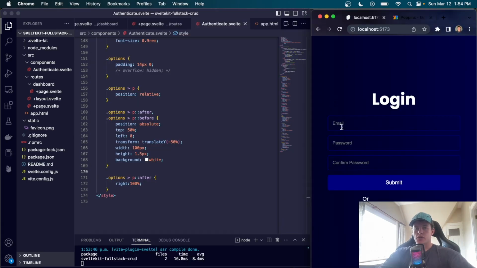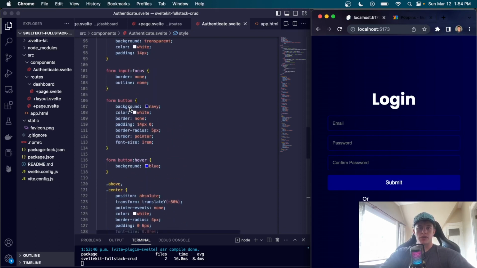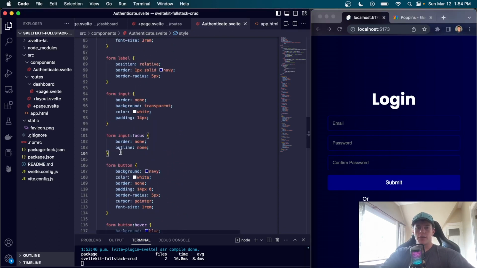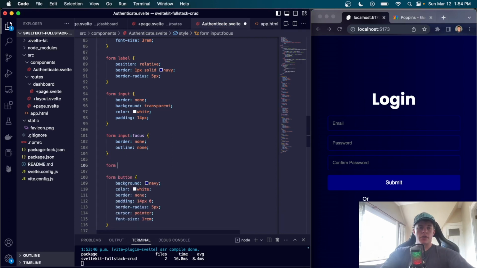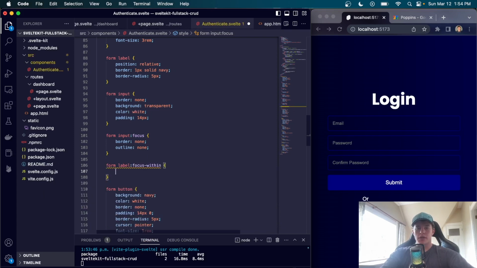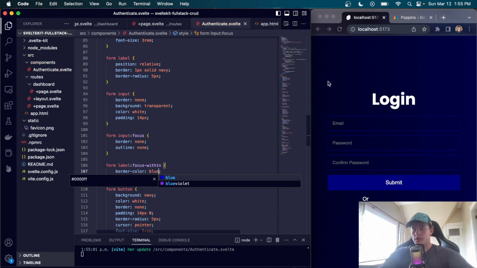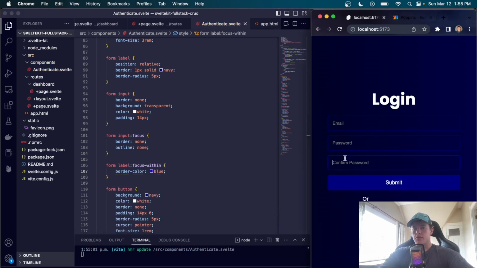And since that's still not showing up, the one thing we're actually going to do in the meantime is just come up to the form input focus, and underneath we're going to go form label focus within. So if the focus is within, we're going to change the border color to blue. What this will do is just whenever we hover over a particular field, it will just change that background color